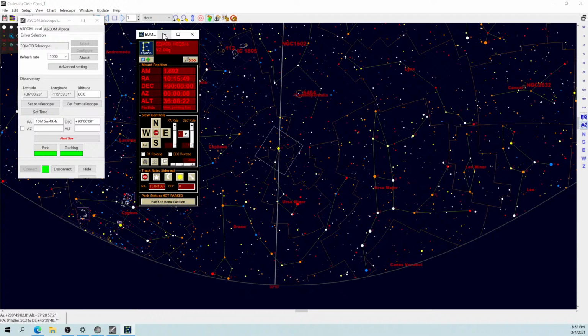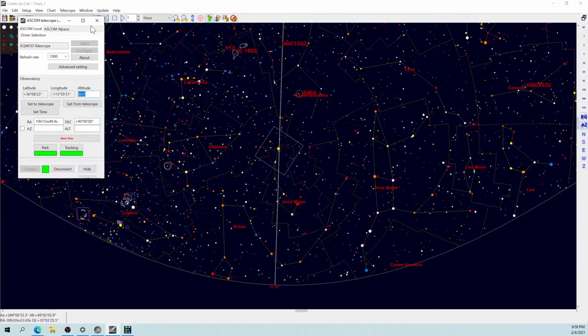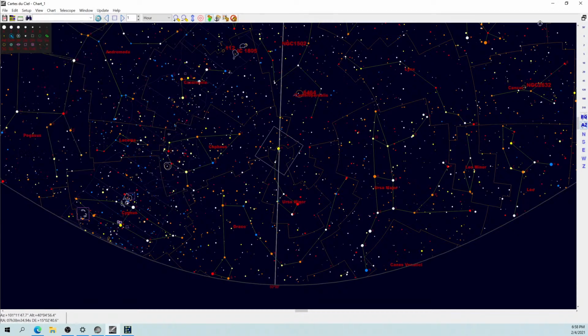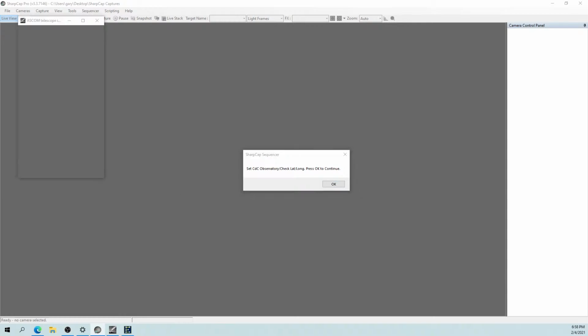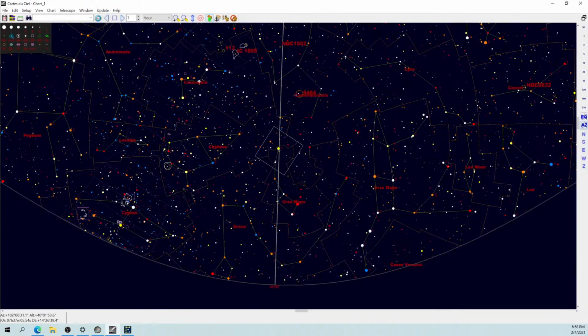I've got SharpCap connected to the mount. I've got CDC connected to the mount. And we're looking good, so I can close these down, minimize these for the time being. I can press OK. Now it's actually going to say, please check your observatory and lat long settings in CDC. And I'm glad it reminded me to do that, because the last time I used this scope, I was